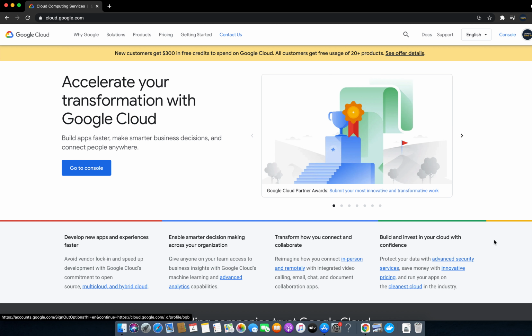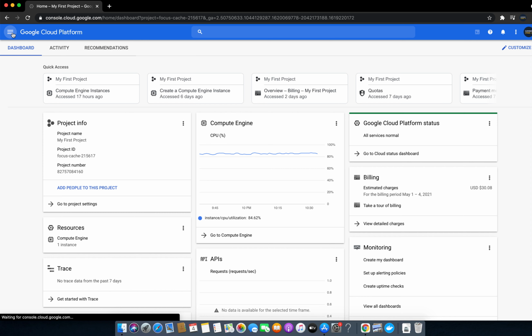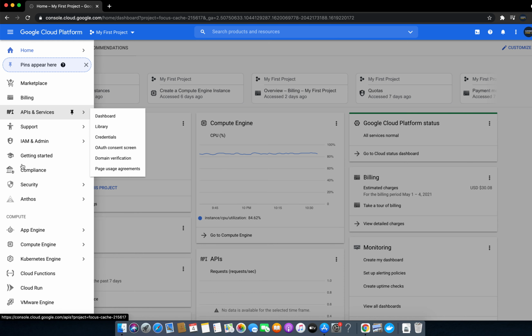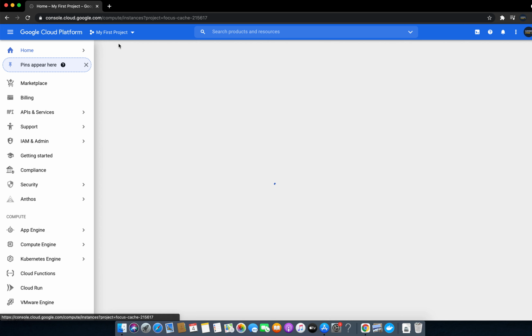In this video I will tell you how to access the RDP from a MacBook. As you know, MacBooks do not have the remote desktop application built in, so we will download it from the App Store. First of all, I will go to instances and access my instances, so we go to Compute Engine, VM instances.